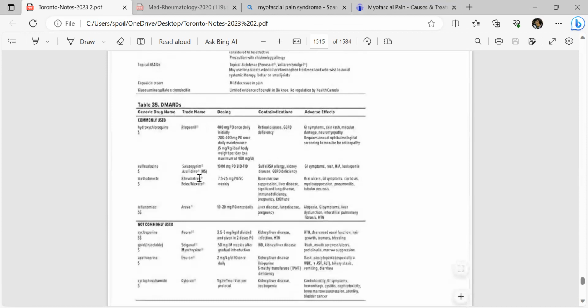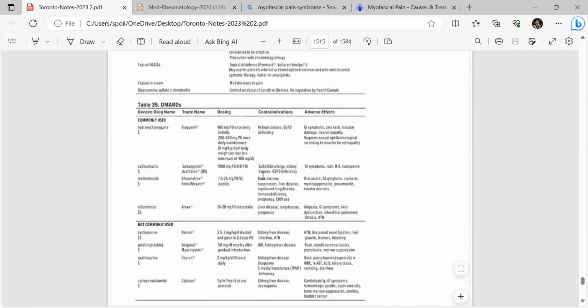Okay, then again, DMARDs, hydroxychloroquine: retinal disease and G6PD deficiency, GI symptoms, skin rash, macular damage. Neuropathy. It requires annual ophthalmological screening to monitor retinopathy. Okay, fine. If we are giving this hydroxychloroquine, then we have to annually monitor, go for this ophthalmological exam. Sulfasalazine and